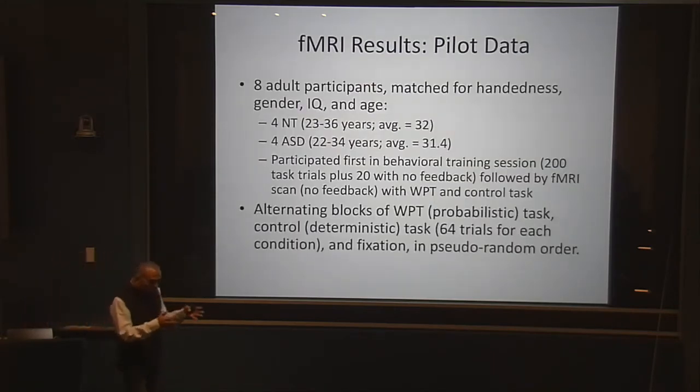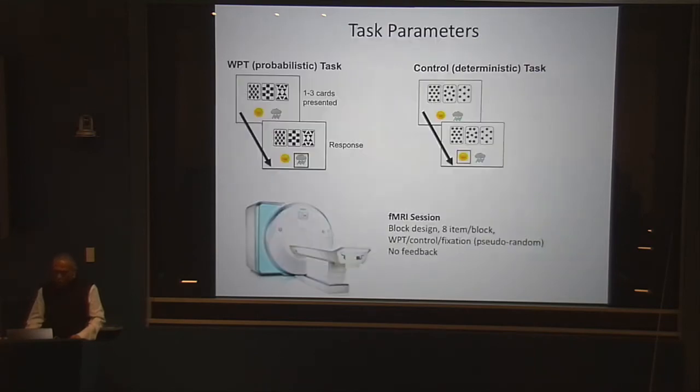To complement the behavioral studies, we decided to also conduct neuroimaging because we're interested in using this task to get at what might be the neural substrates involved in prediction. So we used fMRI at MIT, and we had 2 versions of the task, so we could compare one against the other. The first version, which we call the probabilistic task, is the conventional weather prediction task, as I've just described it.